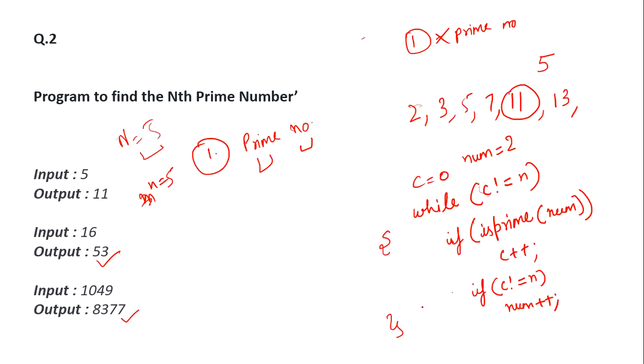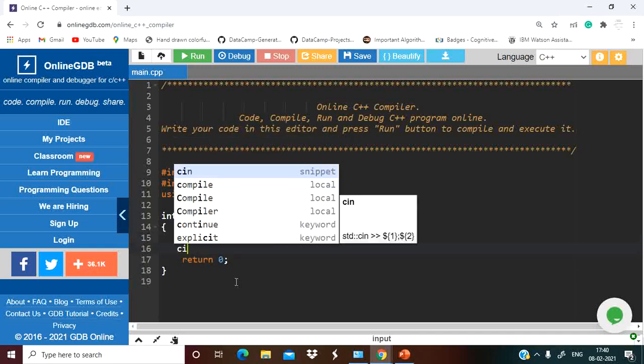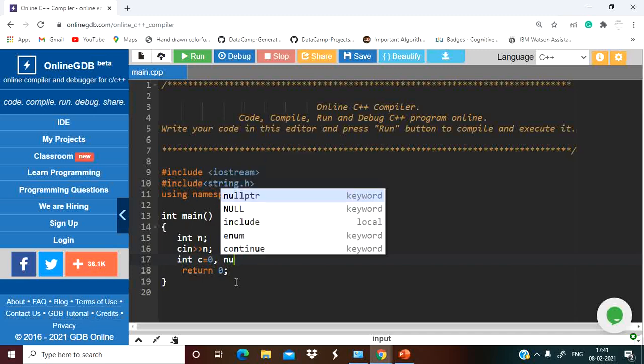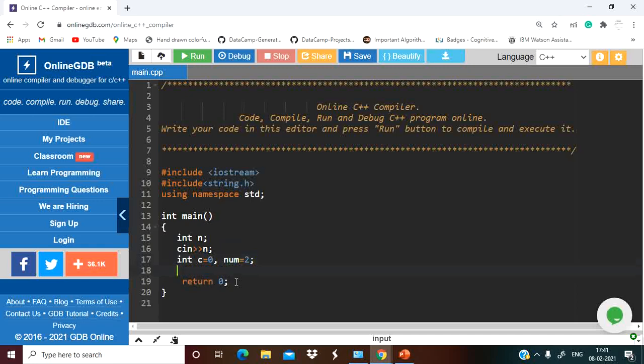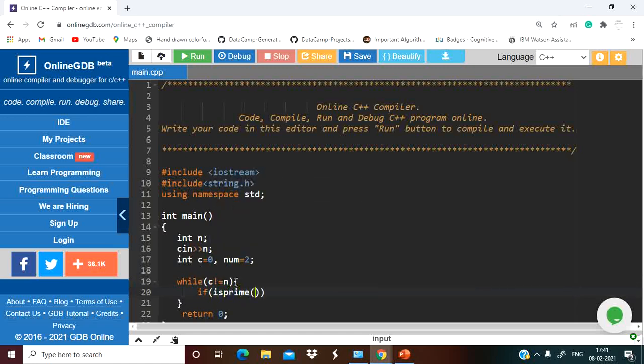So let us implement the same. So let's take an n, this is our range, right? Let's take a counter variable c, initialize it with 0, and a number num, initialize it with 2. Now what we will do, we will check while c not equal to n. So what we have to do, we have to check that if isPrime(num).